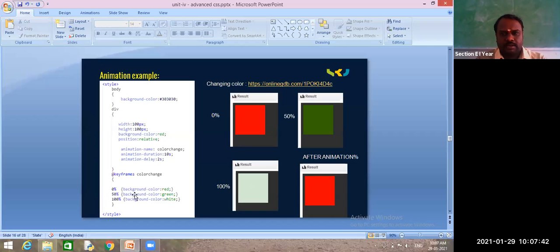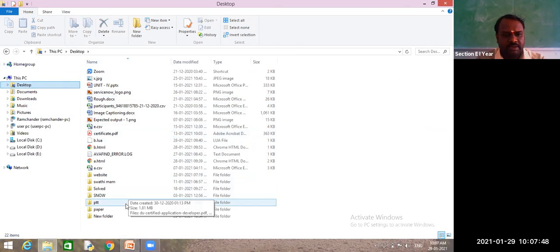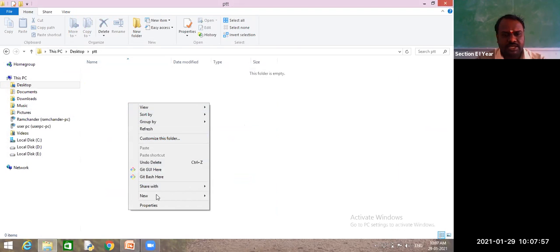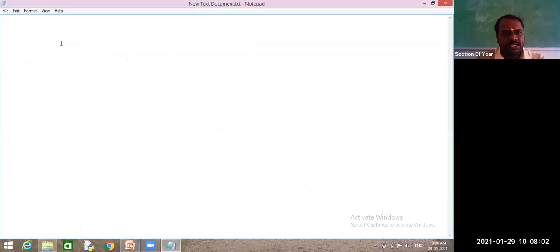First, I will go to my folder and write the basic program, and I will apply all these properties one after the other. So I will remove these, and first I am creating one text file. Every HTML program contains the basic tag html, and html has a clause which contains two parts. First one, head, and head has a clause. Next, body, and body has a clause.